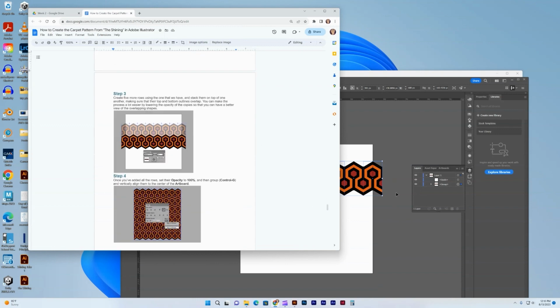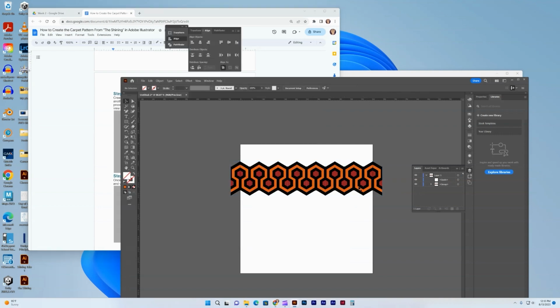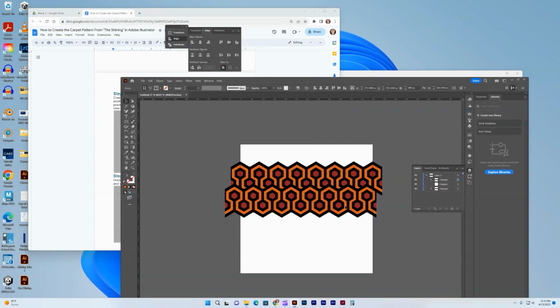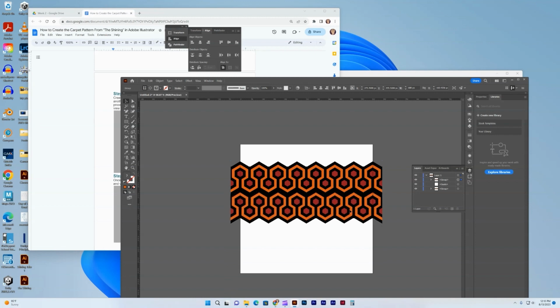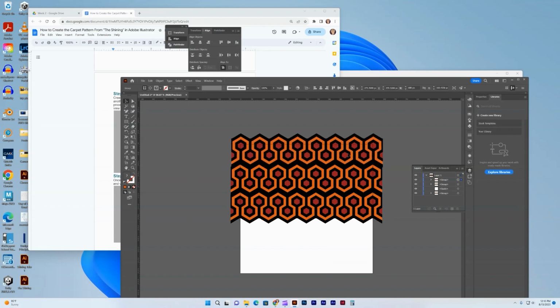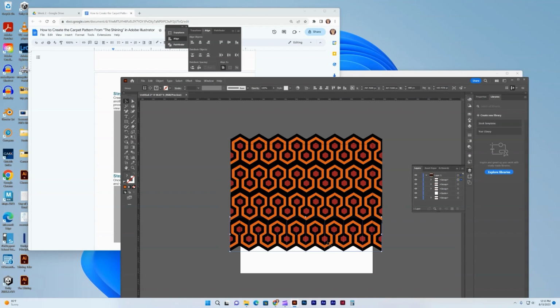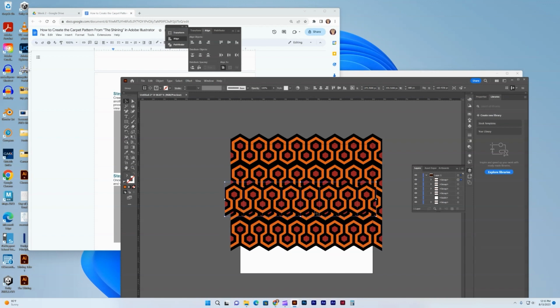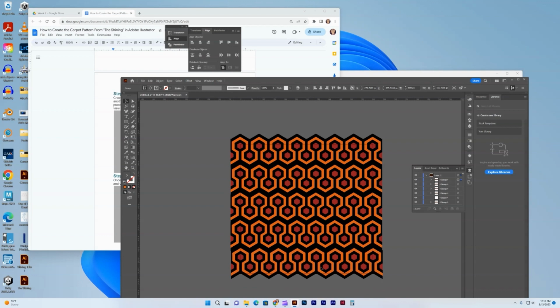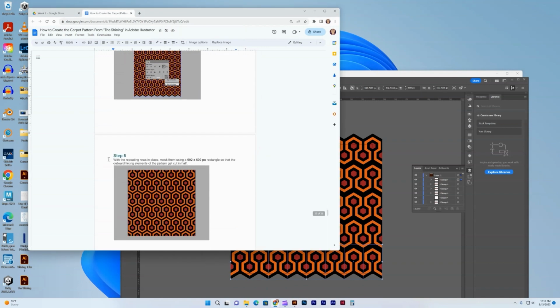So then it wants 5 more rows of this, and you can stack them on top of each other. So I'm going to do Control C, Control V. Now you can lower the opacity if you need to be able to align them and make sure that they're all lined up. I've done this before, so I'm just not doing that. I can line them up. There we go. Okay. So once I have them all lined up,